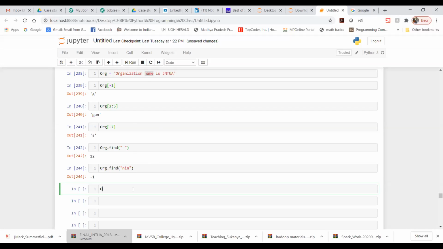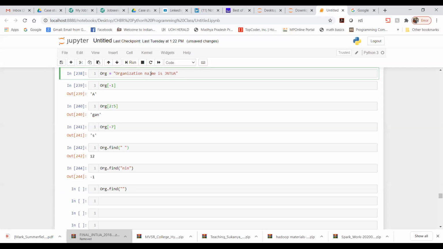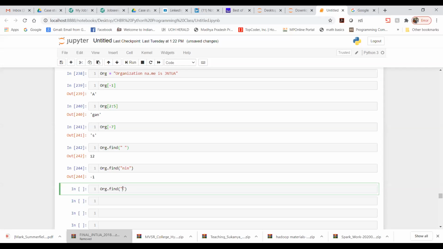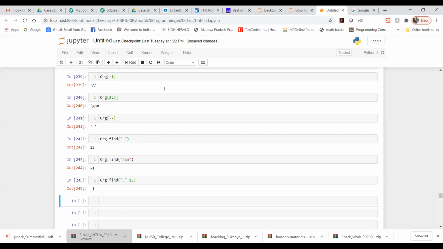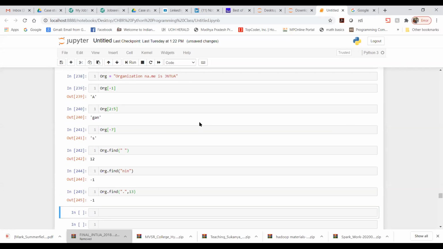So I should write org.find, suppose I wanted to look for the dot, and then I will write here from 13. We are getting -1, but I have made some changes here, so I need to run this as well, and then run this again.